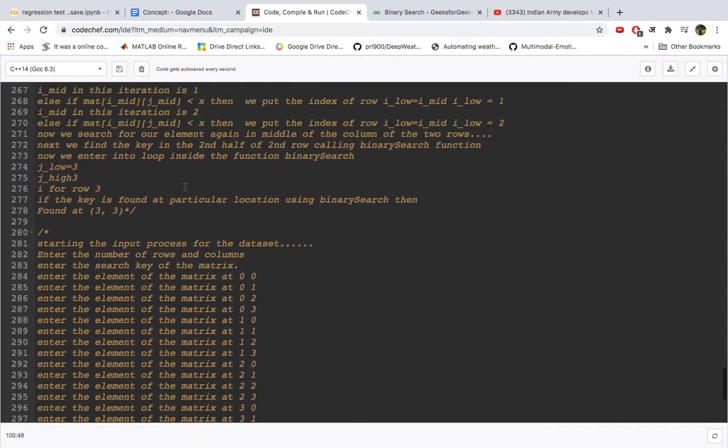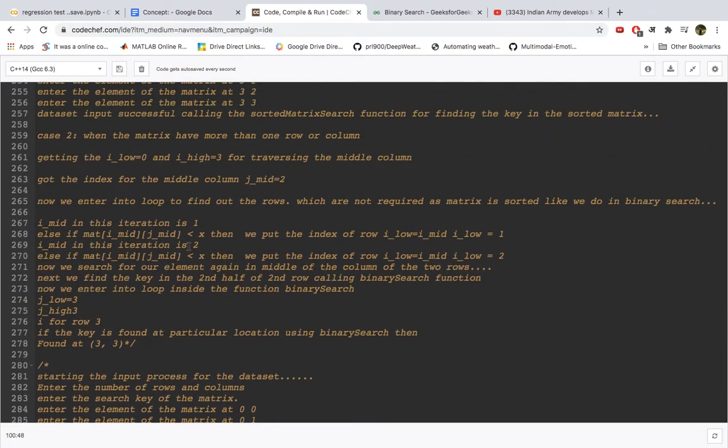Okay, so we see the log. In that case, if our element x is greater, in this it will be smaller. This is also the same case actually, because 17 is greater now, that's why x was correct only. This was correct only. So i low equals to 2. So now we search for the element again. Finally we come to i low equals to 2 because we get 17.